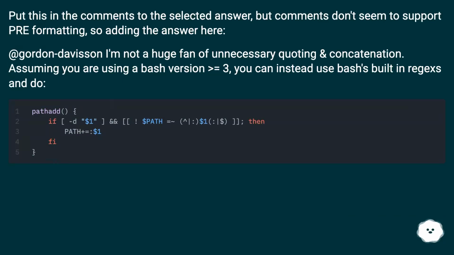Put this in the comments to the selected answer, but comments don't seem to support pre-formatting, so adding the answer here. @Gordon Davisson, I'm not a huge fan of unnecessary quoting and concatenation. Assuming you are using a bash version greater than or equal to 3, you can instead use bash's built-in regexes and do: